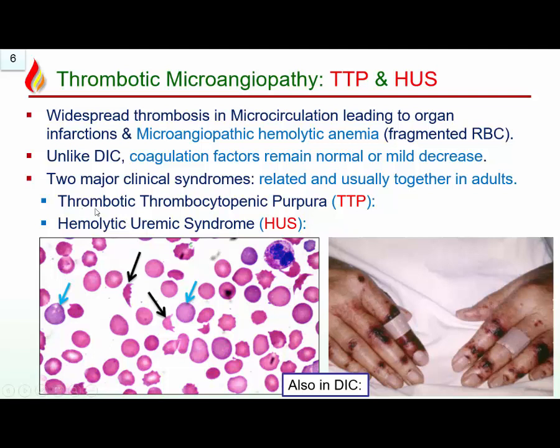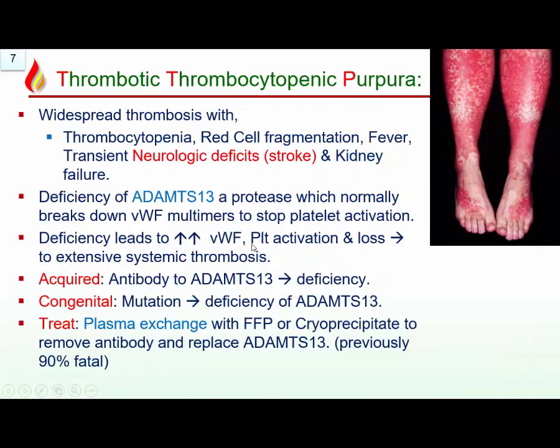The two major ones: thrombotic thrombocytopenic purpura, more common in adults, and hemolytic uremic syndrome, more common in children. So TTP, widespread thrombosis with neurological deficits, the thrombi in the brain causing stroke, kidney failure, but predominantly neurological deficits is TTP, predominantly kidney failure is HUS. Okay. Now there are two types. All of them are due to deficiency of an enzyme